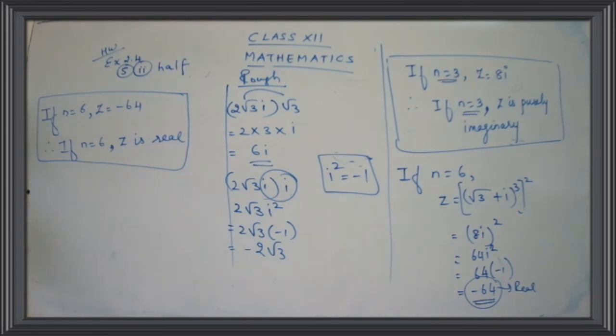Okay. Take down the seventh question. Question number 7. Show that the first subpart. What is the first subpart given to you? 2 plus i root 3 the whole raised to 10 minus 2 minus i root 3 the whole raised to 10 is purely imaginary. Let's take down the question.